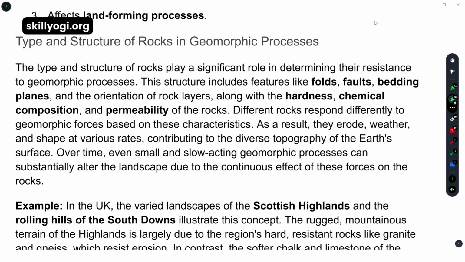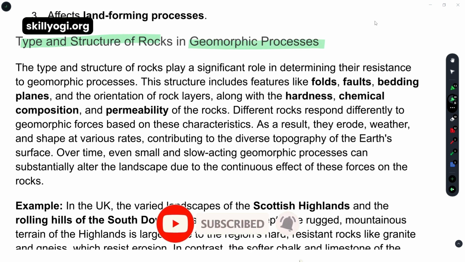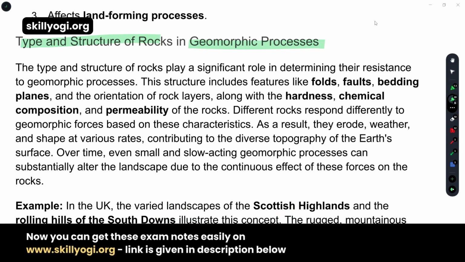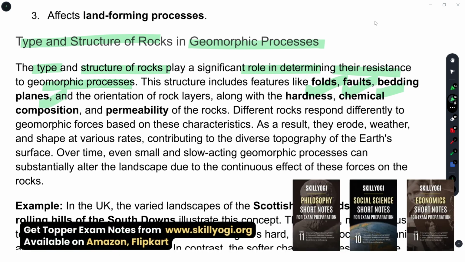Now we have come to the last factor, which is the type and structure of rocks in the geomorphic process. How the type and different structures of the rock affect the geomorphic processes. The type and structure of rocks play a pivotal, significant role in determining their resistance to geomorphic processes, which includes features like folds, faults, bedding planes, and the orientation of